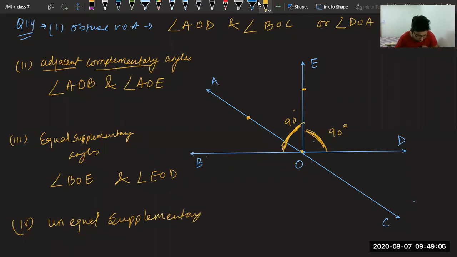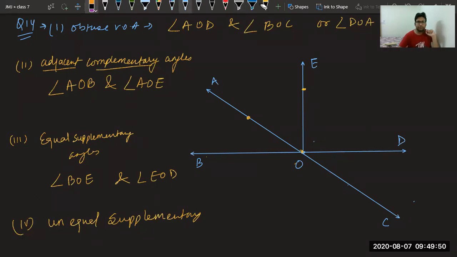Sir, I have a doubt. Lavya is saying DOA and BOA. Beta, correct. Sir, angle EOD and COD are also. Beta, how? If you take EOD and COD, are they forming? No, they are not forming a straight line and they are not equal also. The second part is saying they should be equal. In this case, they are not equal and they are not forming a straight line also. Okay. Now let us see the third part.